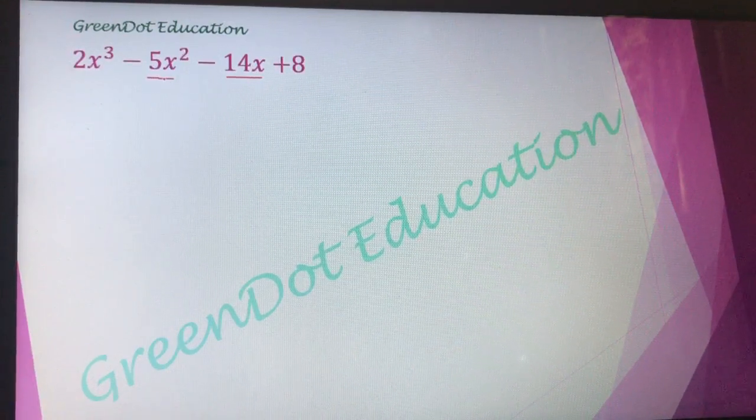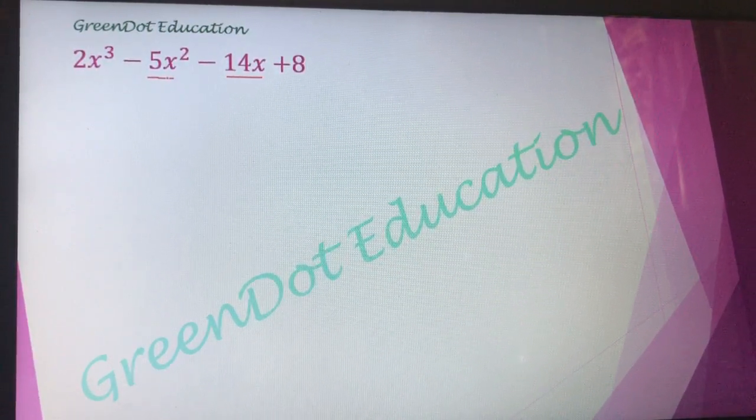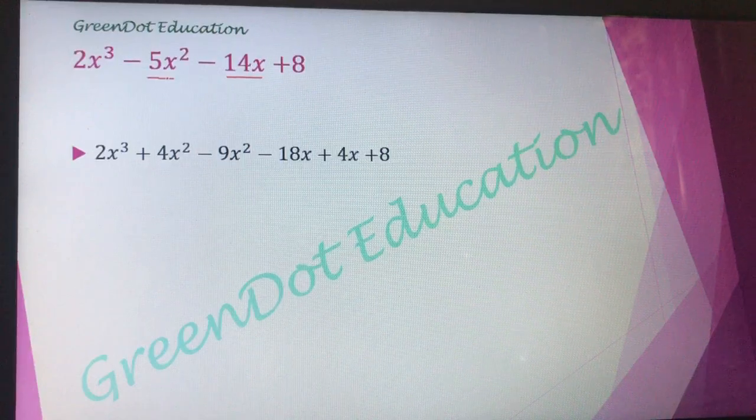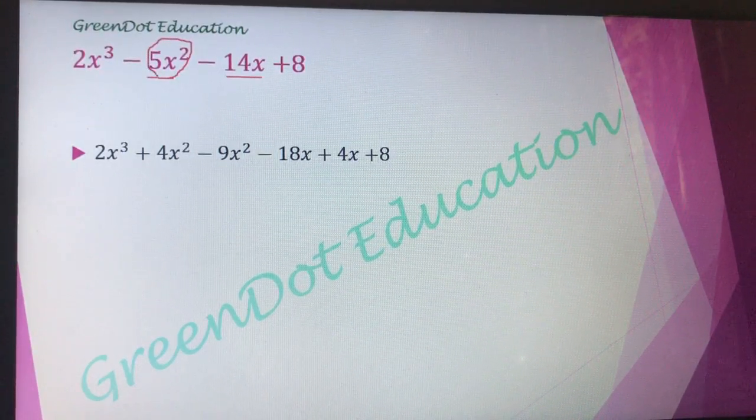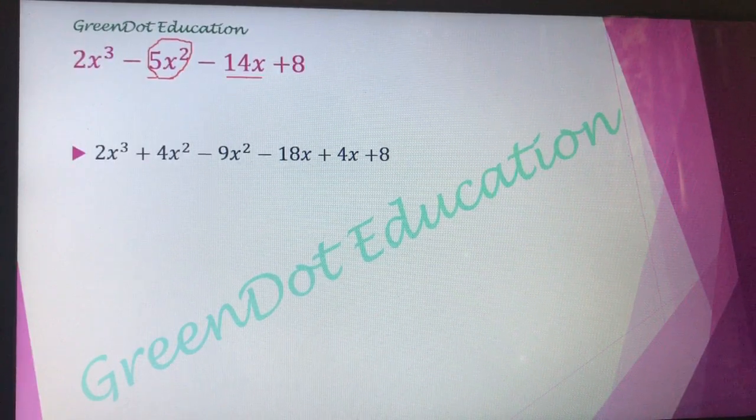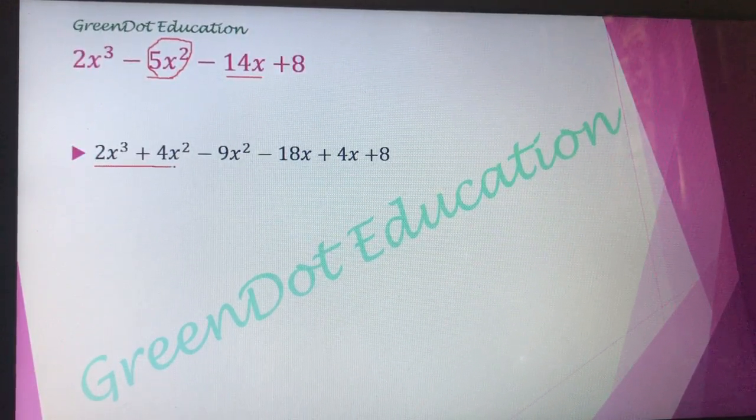ऐसे स्प्लिट करेंगे ताकि हमें इन जो टर्म्स होंगे उनकी पेयर्स में से x प्लस 2 कॉमन फैक्टर मिले, राइट? तो यहाँ पर हम इसे शुरू करते हैं. सबसे पहले हम लिखेंगे 2x क्यूब, राइट? और 2x क्यूब के बाद हमें ये जो टर्म है 5x स्क्वायर, तो उसे ऐसे स्प्लिट करना है ताकि हमें पहले दो टर्म में से x प्लस 2 हमें कॉमन मिले.